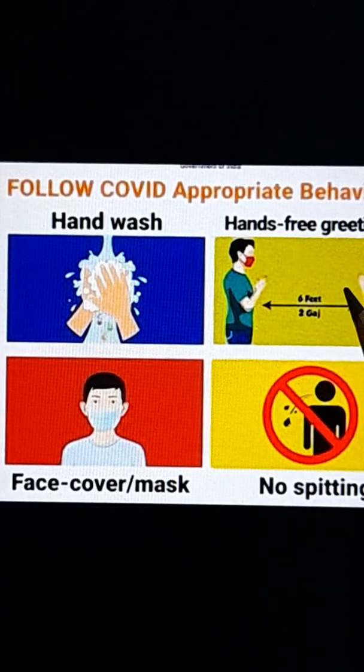Maintain 6 feet distance from others. Do not touch your face, your eyes, and nose. Do not spit anywhere. Do not share your food and water bottle with each other. Okay?